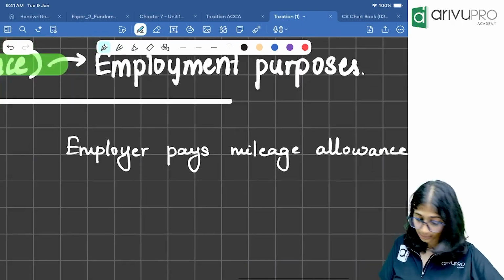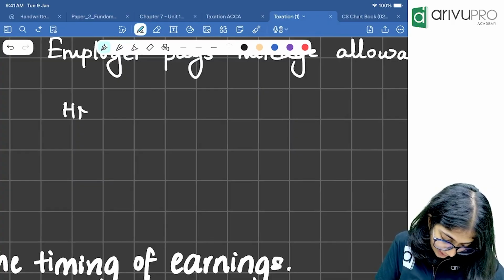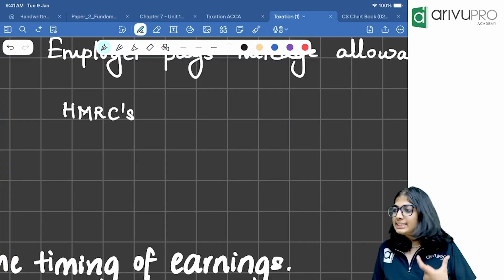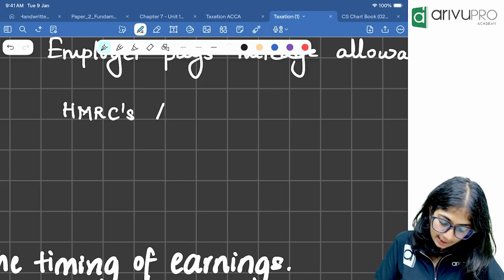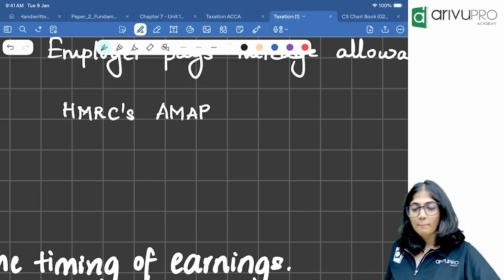What are you going to do now? If the AMAP rate, that is HMRC's AMAP, the approved mileage allowance provided by HMRC,